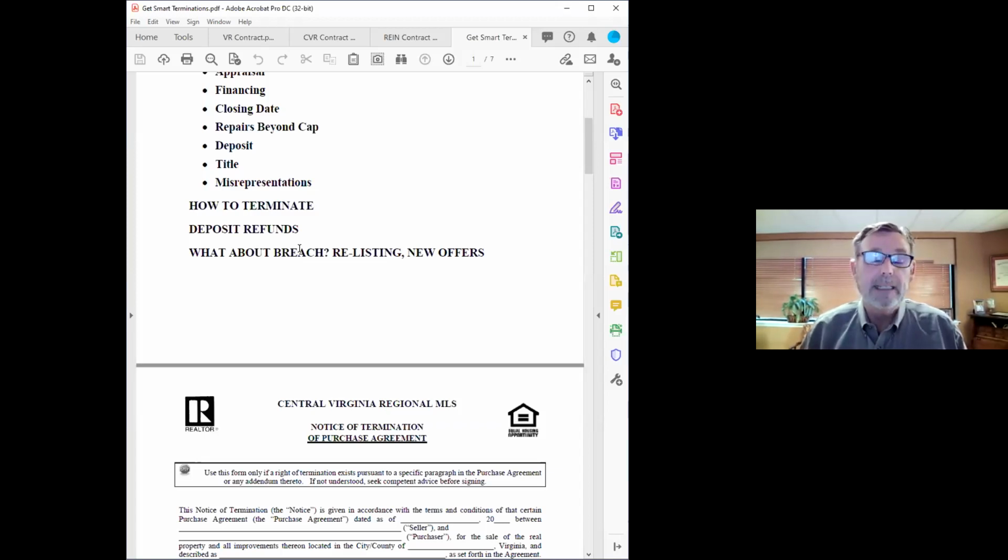And I get this all the time, where the other side says you cannot relist property without a release. It's like illegal, or you'll go to realtor jail if you do that. Well, they're just making stuff up. There's no law that says that. There aren't even any MLS rules that say that. That's just not accurate. I'm not saying you might not get pushback somewhere, but that's not a law.